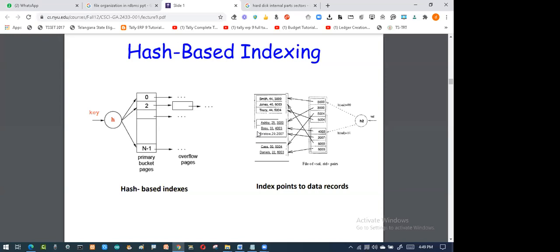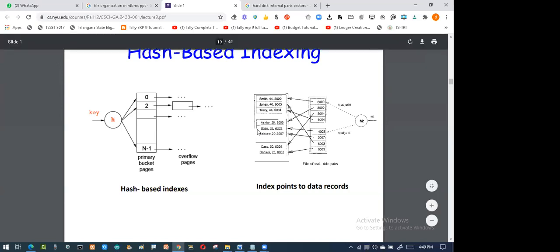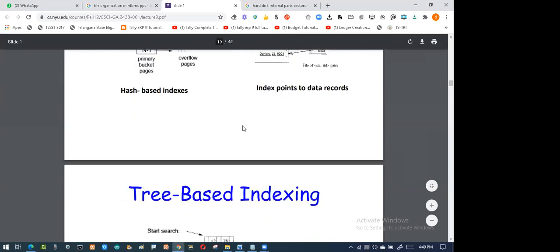So what have you done? You went to the computer section in that particular library, and you visited the person. He guided you to go to the third rack or some particular rack. He has labeled the rack. You go and search. So this is how your search has become simple. So this is what hash based indexing is.